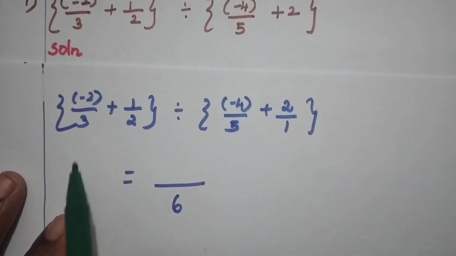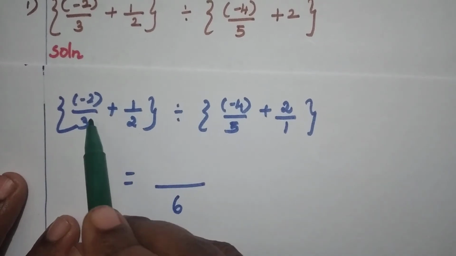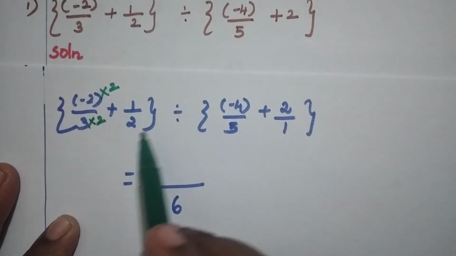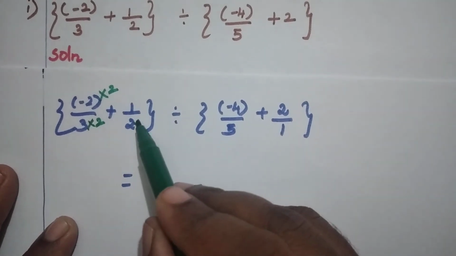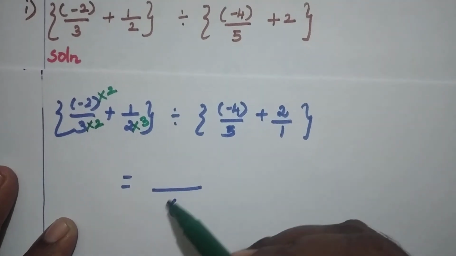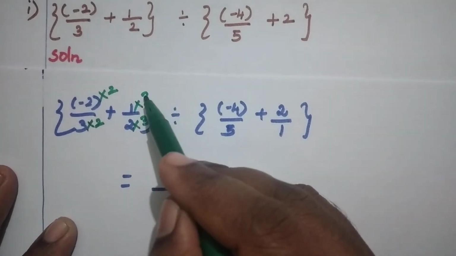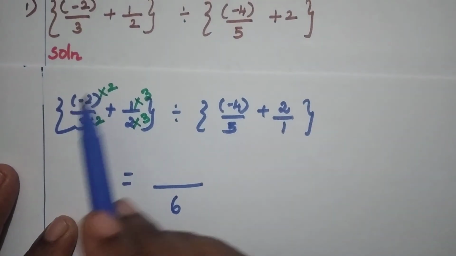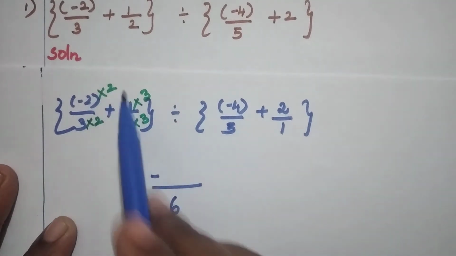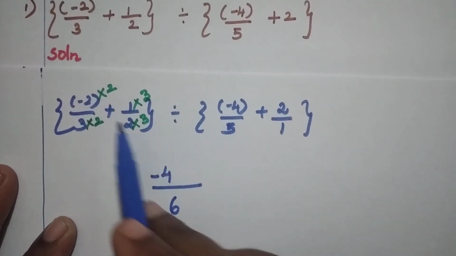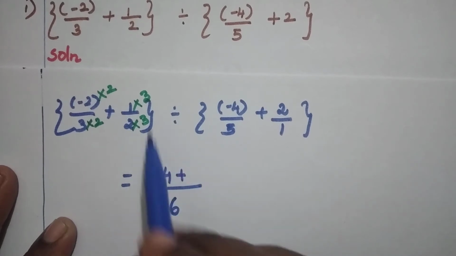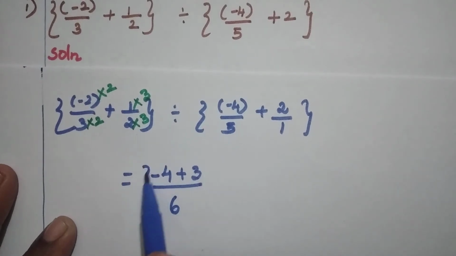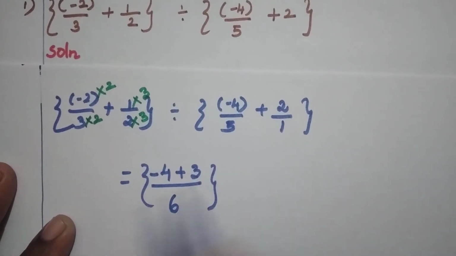So in order to get the number 6 in the denominator, here we have to multiply by 2 and here also 2. Here we have to multiply by 3 to get the denominator as 6. Here minus into plus is minus, 2 2s are 4. Here plus sign is there, write the sign as such. 1 into 3 is 3. So we have finished the first bracket. The second one is,